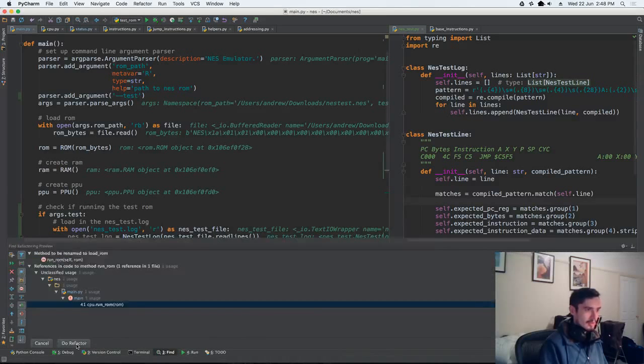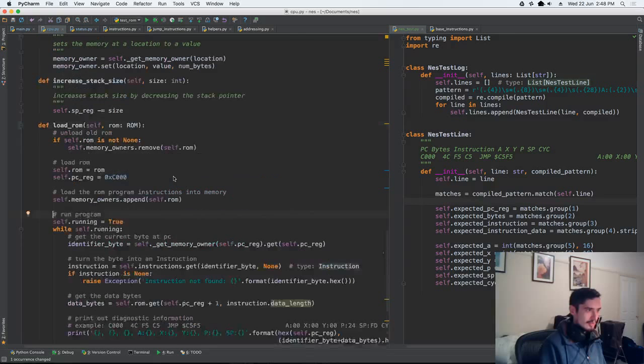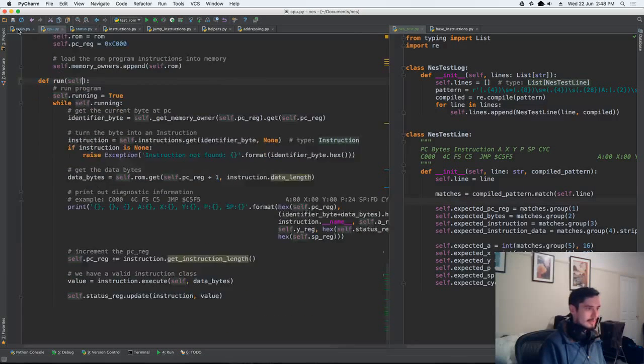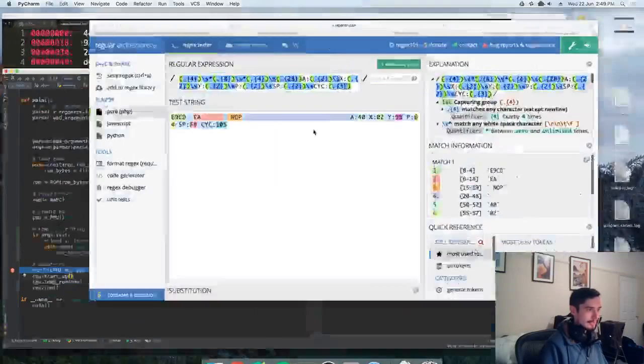So let's do load ROM. And then this stuff here, def run. Yeah, so this will just run now. So cpu.load ROM and then cpu.run. That way you'll know if there's any leftover stuff in the line. Yeah, okay. That's true. It'll tell me what's broken because the int conversion will fail. That is better than getting a null match. Very true. Alright,